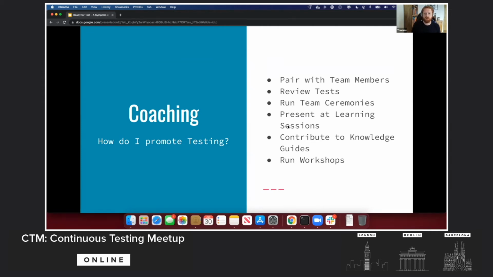You can help them learn about the test suite. Maybe you can help them learn not just about unit tests, but about UI tests, security tests, performance tests. You can help spread your knowledge to the rest of the team so that they don't rely on you quite so much to do those checks. You can review tests as well. You might decide to use pairing and raise a ticket on your board to review a particular part of the test suite to see if there's anything that can be improved, checking the health of that test suite, while also using it as an opportunity to learn together.